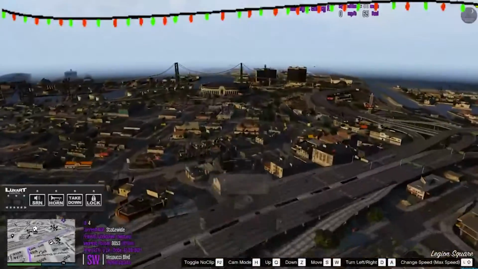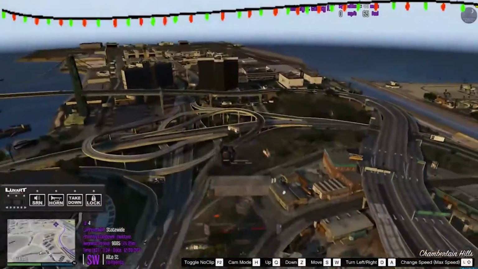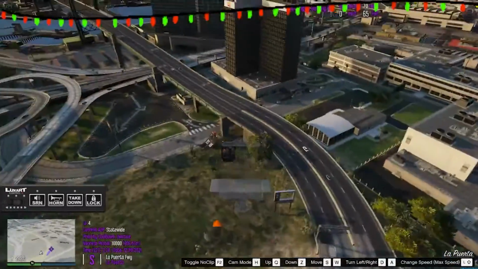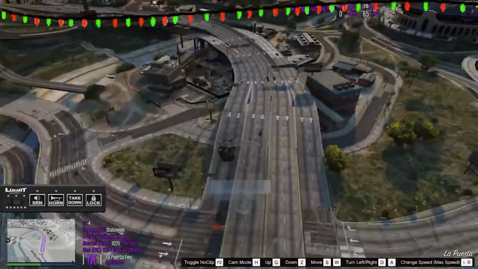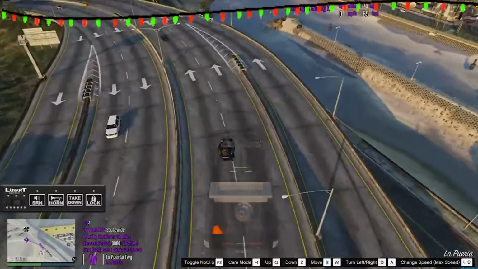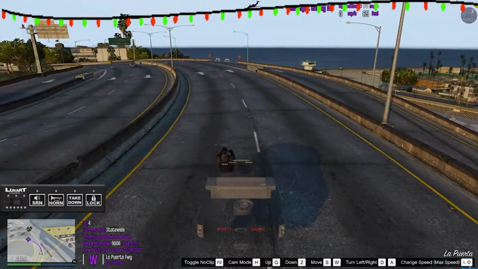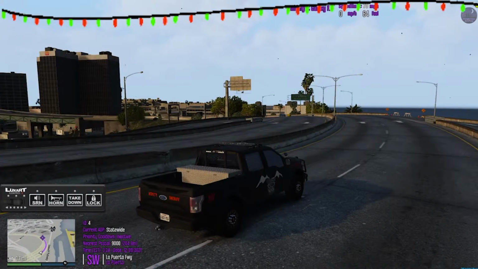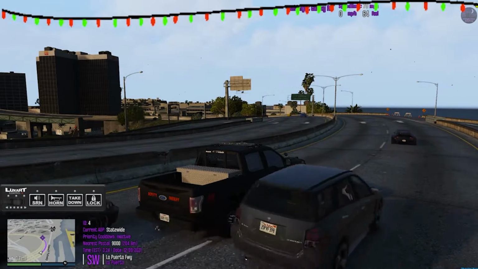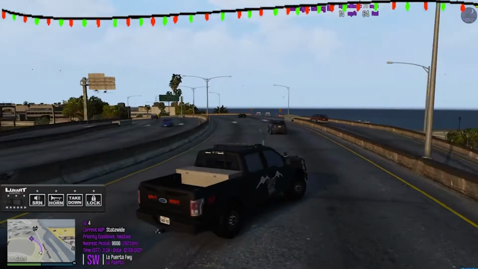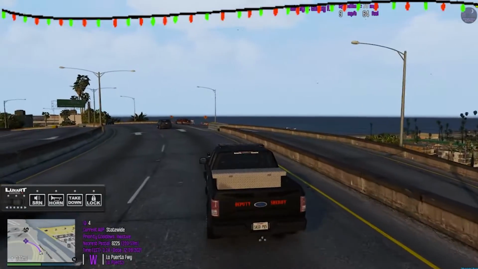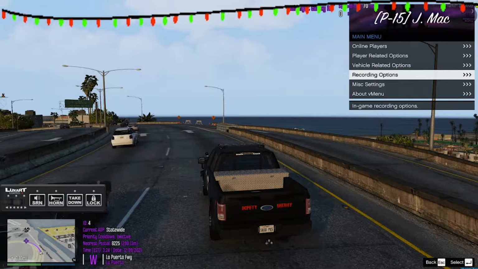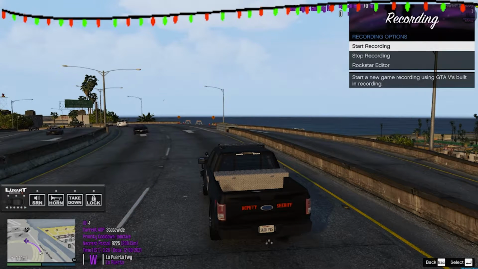There. Max speed for that. There we go. That's a good idea. Yeah, got that idea. Perfect. Alright. We can do that real quick. Alright, let's do that. Let's do recording options.